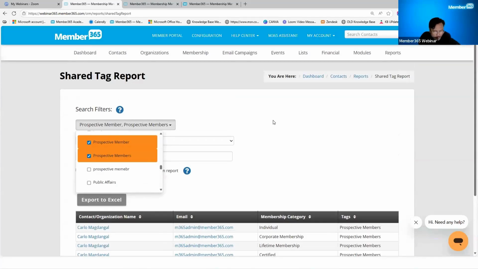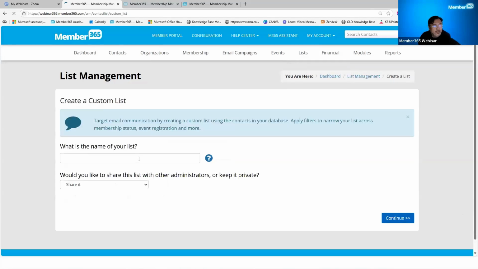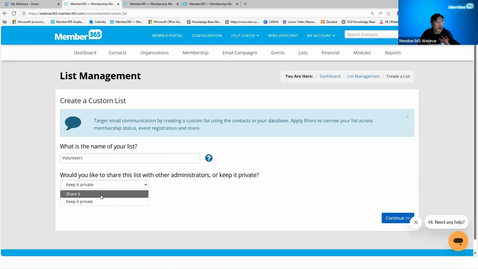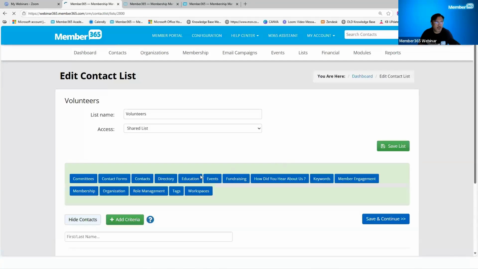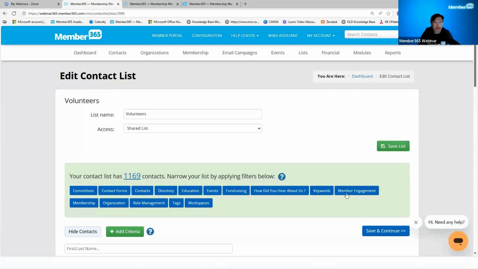Another way of producing a report is through our list builder. Again, there's another webinar for this. But to quickly go over it, let's create one. Say volunteers. Those that were tagged with or linked with a contact demographic called volunteer. And I'll choose to share it. Keeping it private means it's only me that can access this list, while sharing it means other admins can see and use this list. Click continue, and the system will show us this page where it shows all these filter